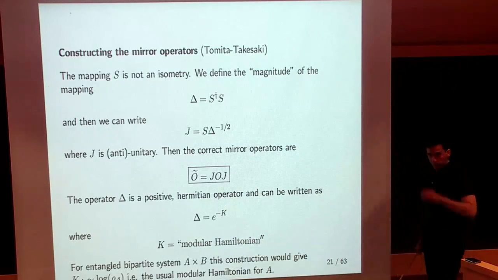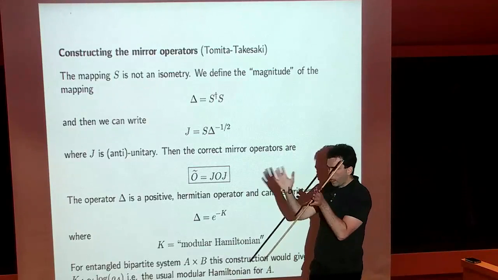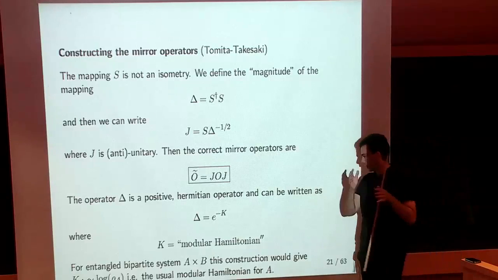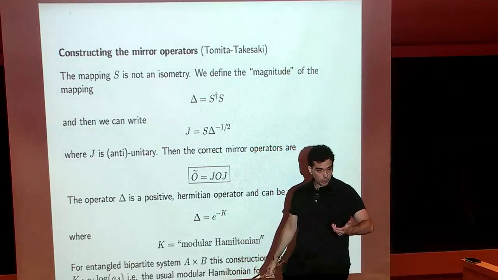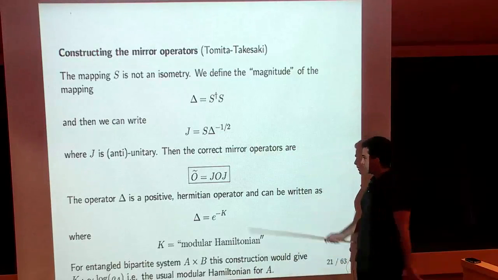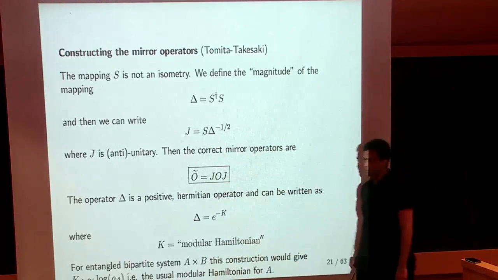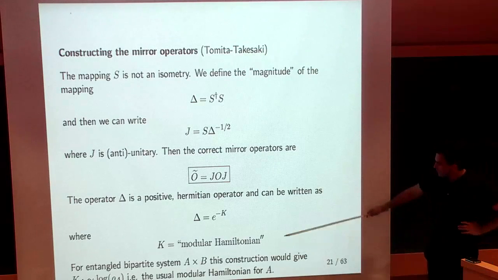Now, if you are familiar with the notion of the modular Hamiltonian in the case of entanglement, where we have a bipartite system and we cut it in two and look at the reduced density matrix on one of the subsystems, and then define the modular Hamiltonian as the logarithm of the density matrix, you can check that this definition of the modular Hamiltonian coincides with the usual one. But it's a little bit more general. But it has the one modular Hamiltonian in some region and the opposite in the other, right? Yes.